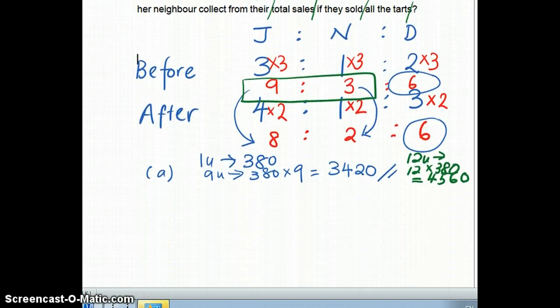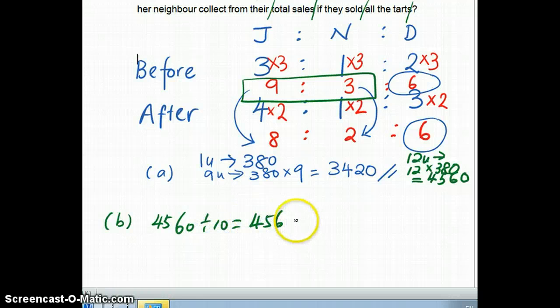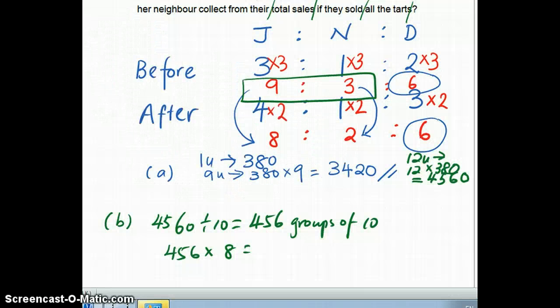Okay, let's look at this number. It's sold for every 10 is sold for $8. So let me count how many groups of 10. There should be 556 groups of 10, and every group of 10 is $8. And that should give me $3,648. And that's the answer for part